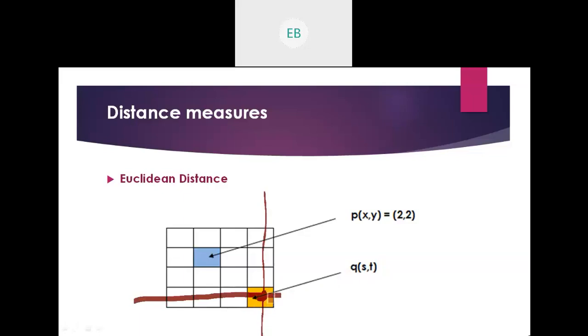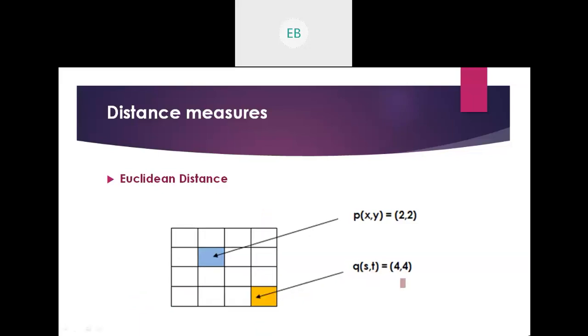So can you see this? So this pixel is s comma t, so fourth row and fourth column. So the pixel values, the coordinate values, will be 4 comma 4. Okay, so till here you remember, right? So then